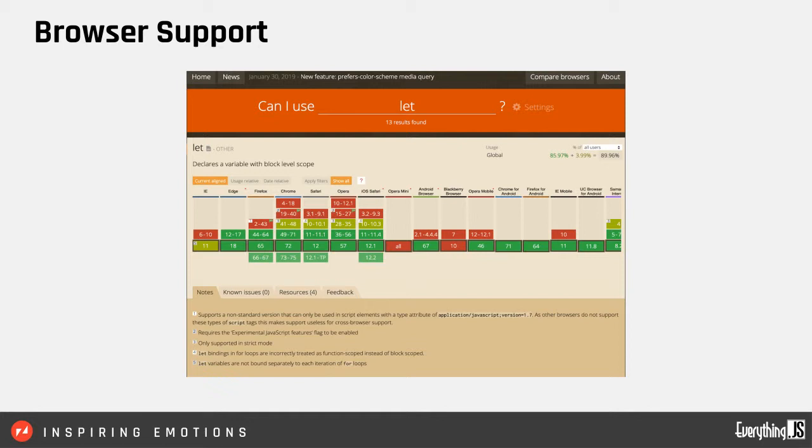Isuru is smiling because nobody supports IE9 now. Anyway,